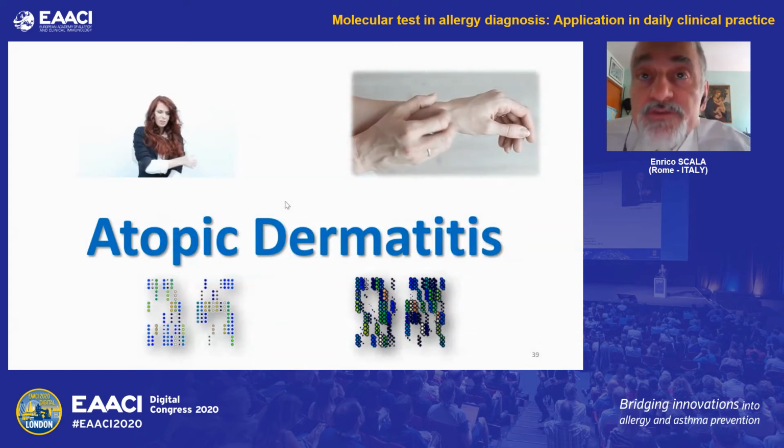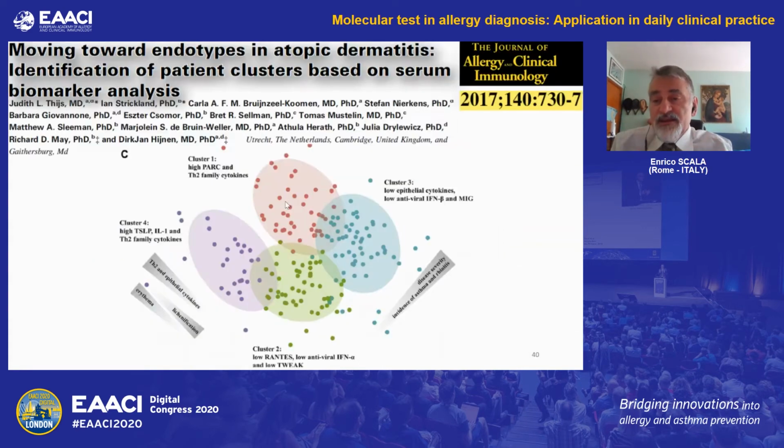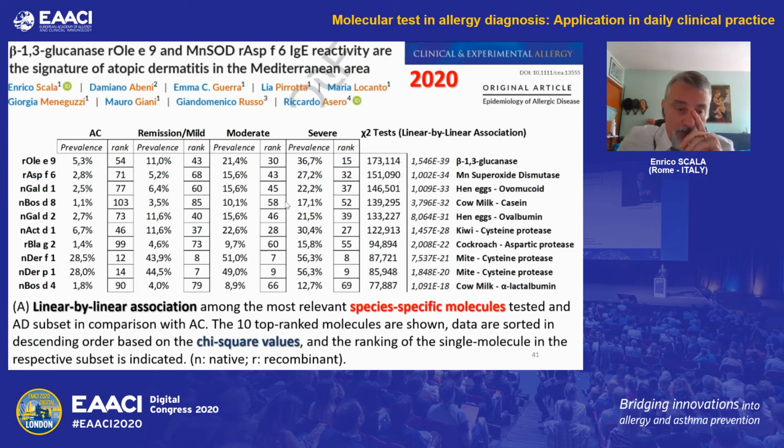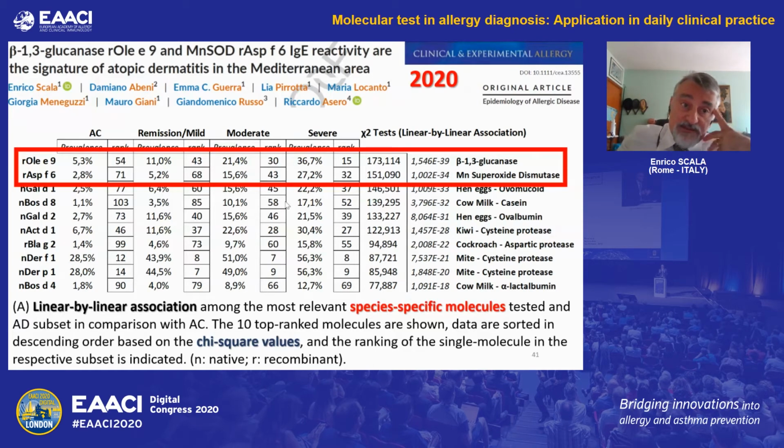At this point, just a few words regarding atopic dermatitis, which is a really interesting condition that comprises several distinct patterns from a pathogenetic point of view of the disease. And we focused our attention on patients having a Th2 phenotype. In those patients, we could find that beta-1,3-glucanase Ole e 9 from olive sensitization and superoxide dismutase Asp f 6 from Aspergillus fumigatus reactivity were strictly associated with atopic dermatitis, therefore can be considered as a sort of signature of atopic dermatitis in the